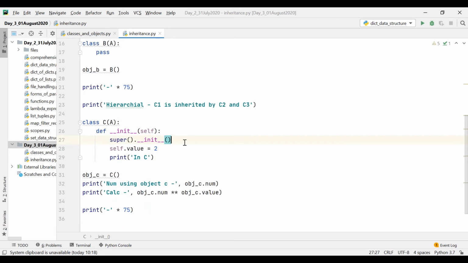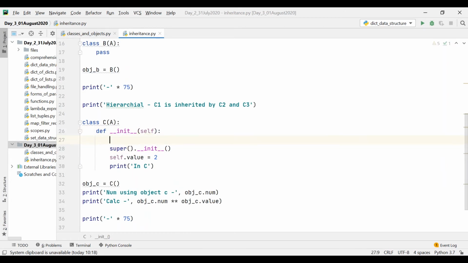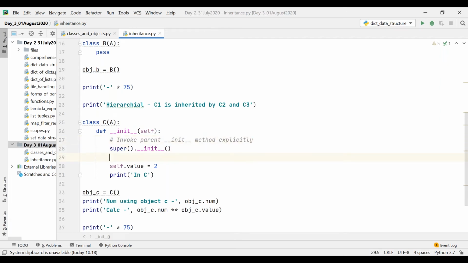Okay, so like this we can invoke the parent init method explicitly. Now both the init methods will be executed in this case. So what will happen?